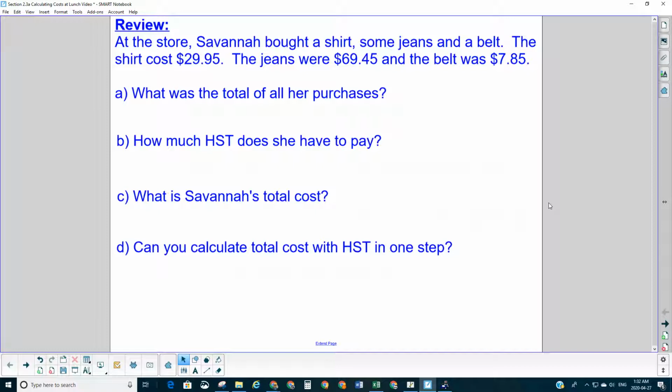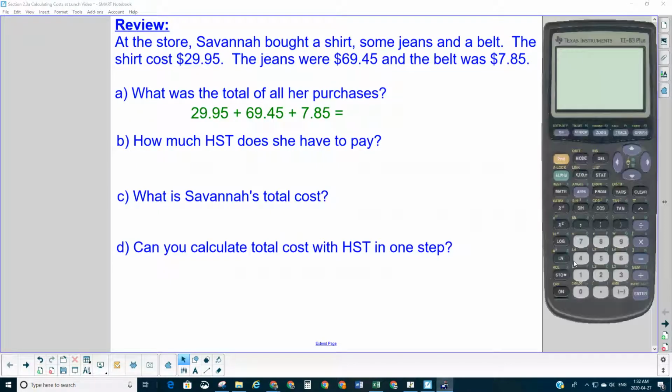So our question here is, at the store, Savannah bought a shirt, some jeans, and a belt. The shirt cost $29.95, jeans were $69.45, and the belt was $7.85. So first question is, what is the total of all of her purchases? So obviously we're going to take these three prices and add them up. So we'll go $29.95 plus $69.45 plus $7.85, and we get